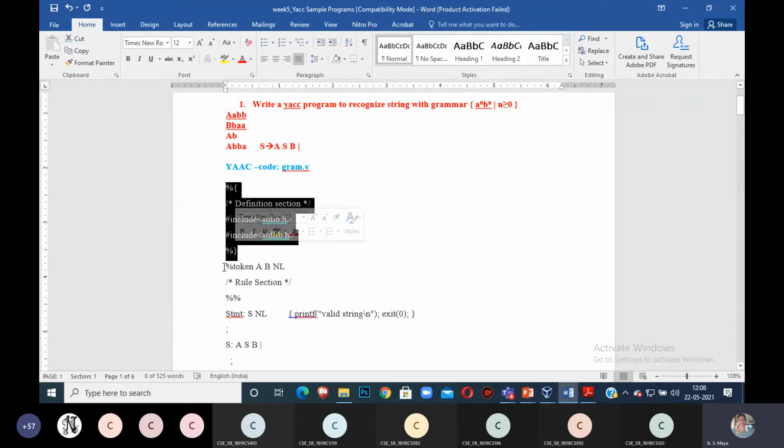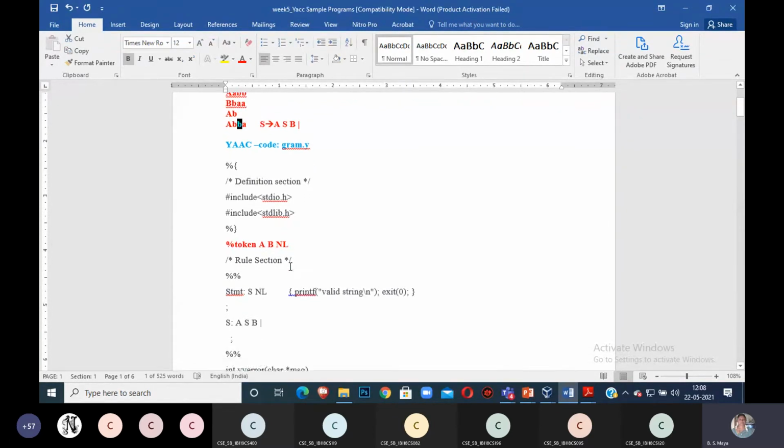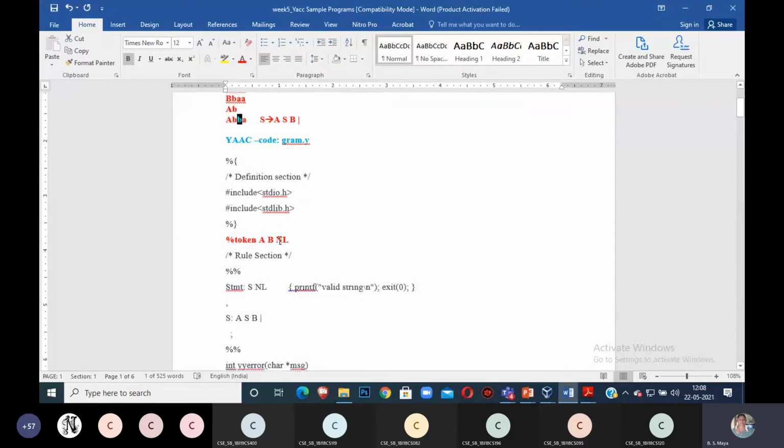After the definition section, what comes next is very important. You should write percentage token. Percentage token is a keyword. It indicates which tokens are used in my program. In my program A is one token and B is another token. Including these, I am using null as one character, which indicates the end of your input.